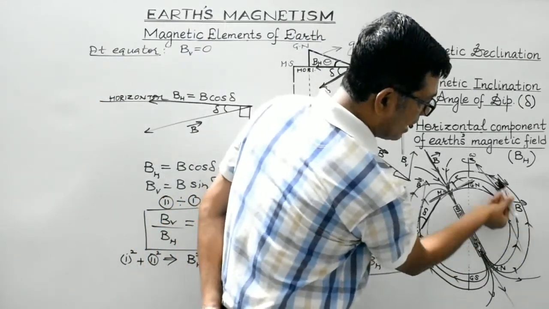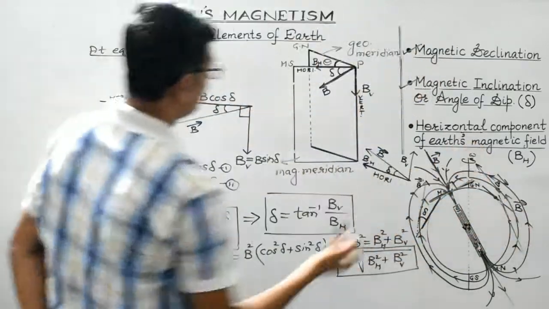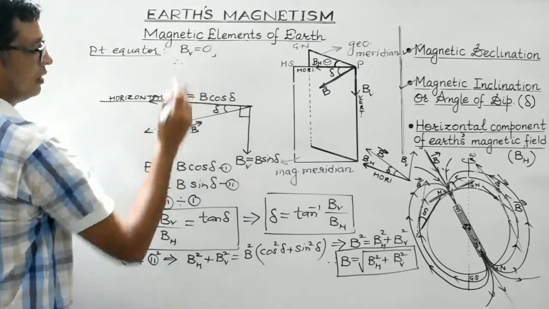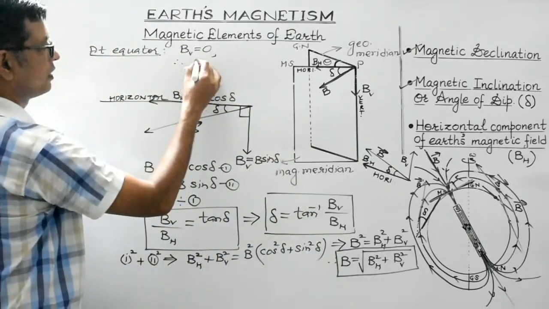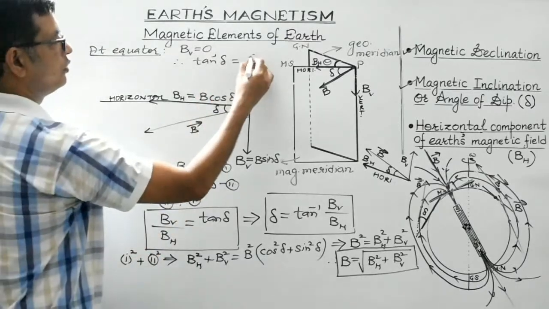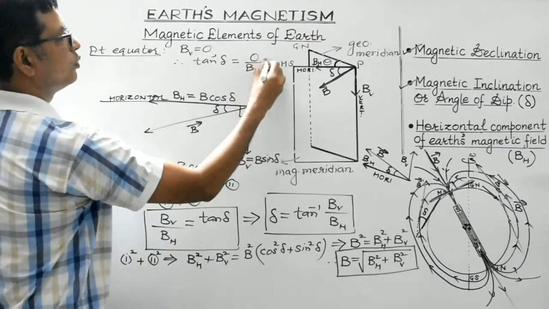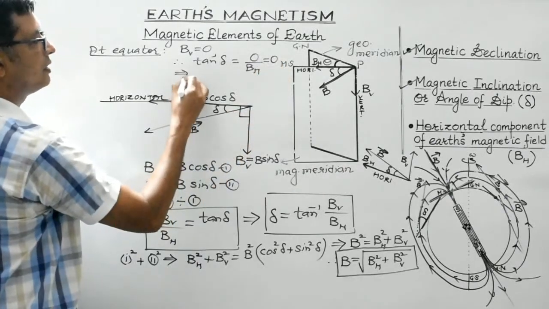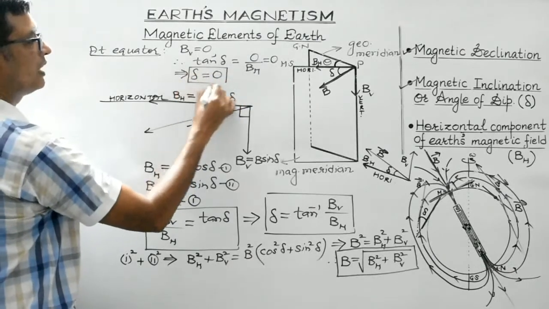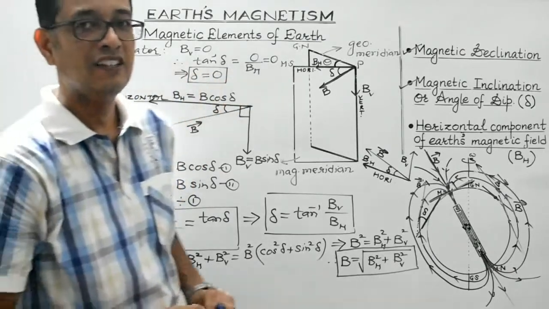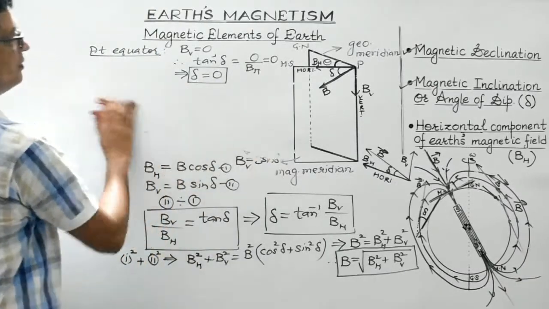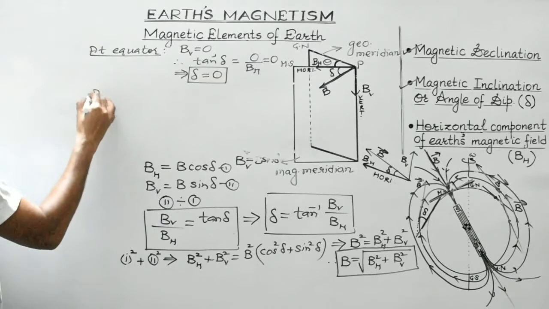Here, the entire magnetic field is horizontal. So, the vertical component is not here. So, the vertical component is 0. Therefore, use this relationship: tan del is equal to BV by BH. So, 0 by BH would be equal to 0, which implies that del would be equal to 0. Tan 0 is 0. So mathematically also you can easily justify the fact that the angle of dip at the equator is 0 degree. While on the other hand, at the poles,